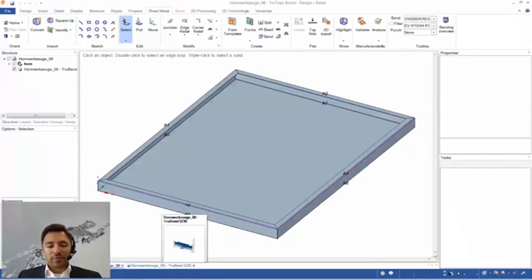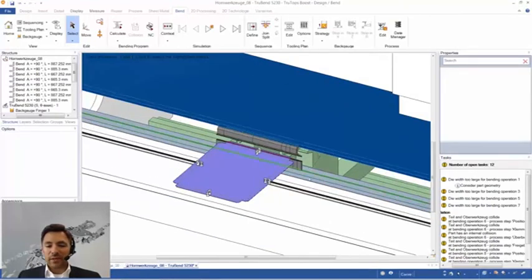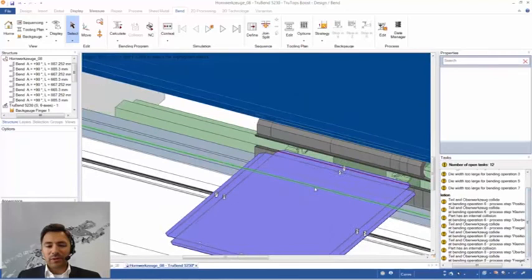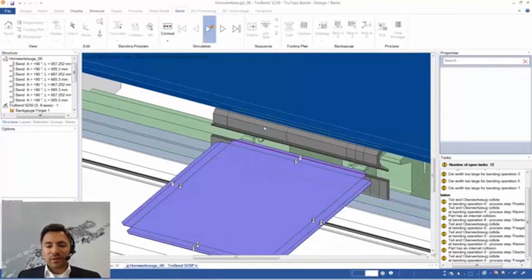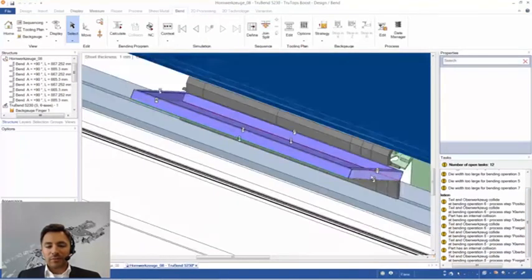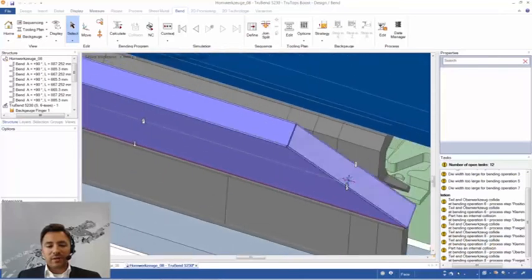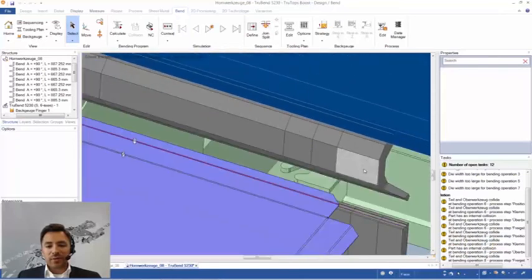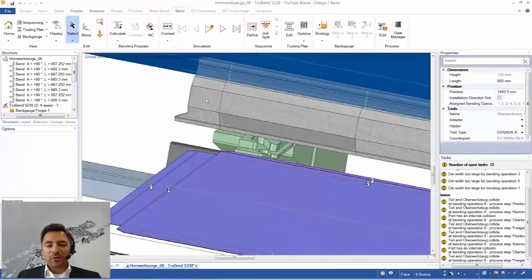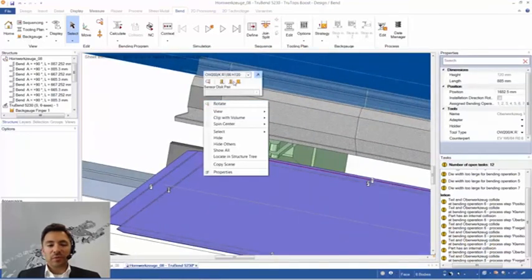So I go over to the Bend tab, and we see again that there are some warnings, but if I simulate the solution, we see that a horn tool was used. What to do if the standard solution wouldn't propose that horn, but a normal tool,